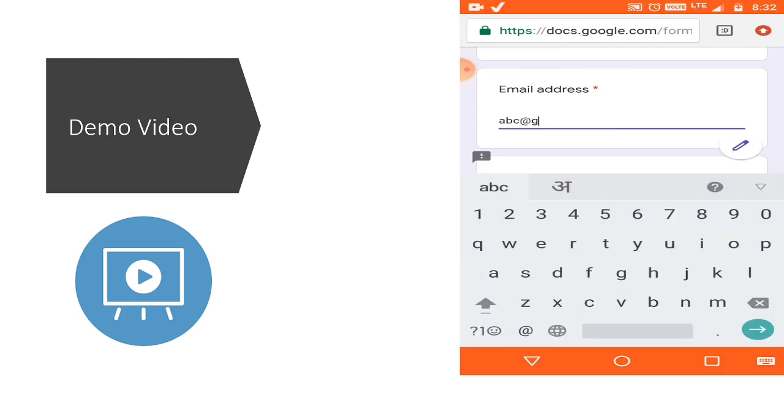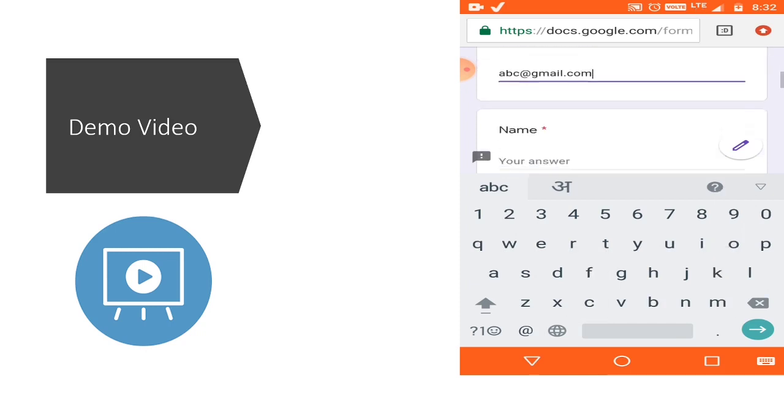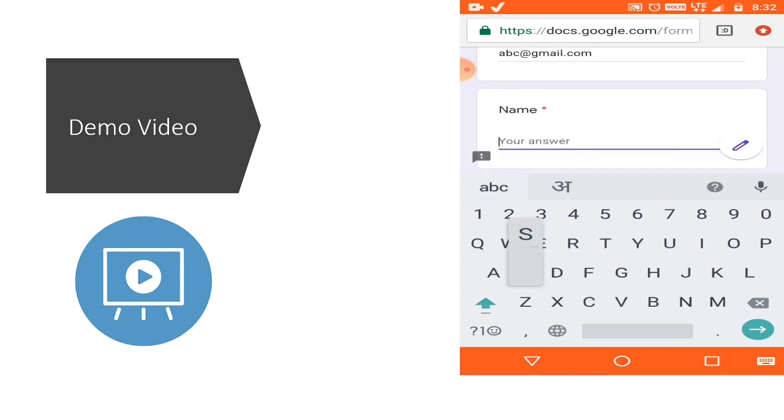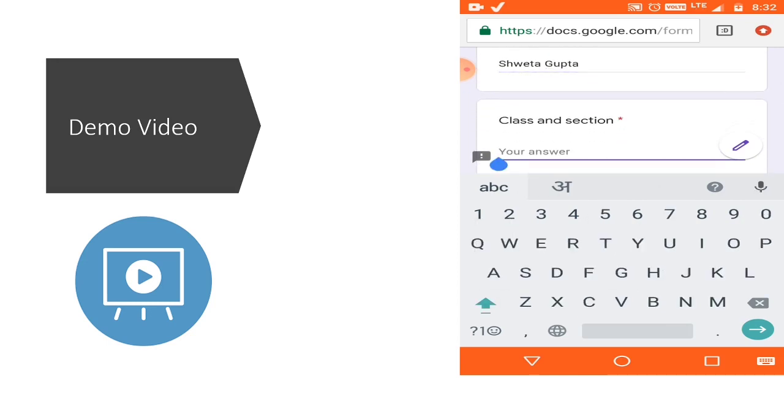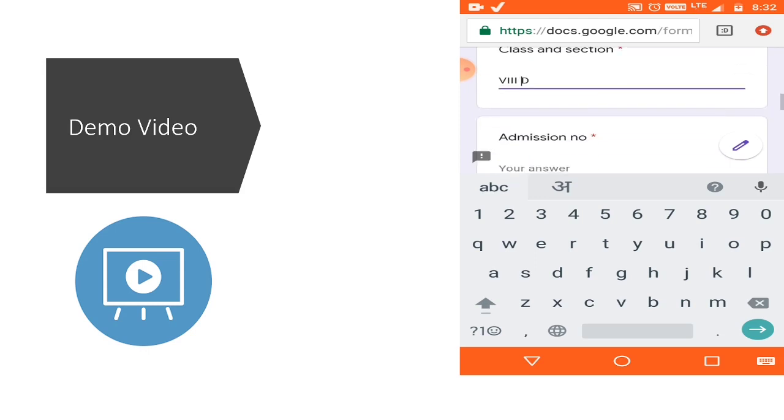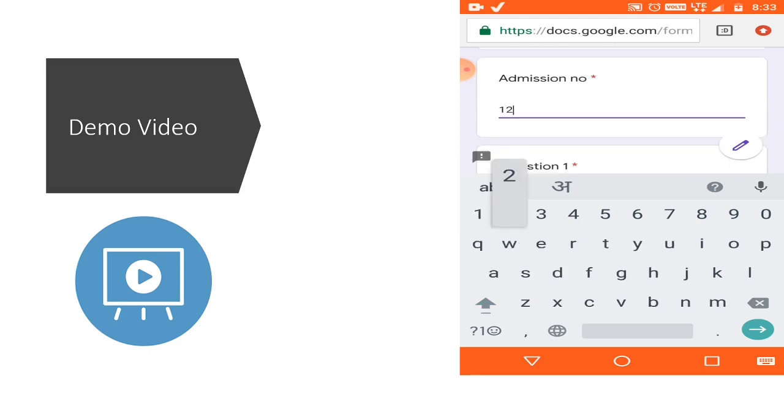You can start filling your details here. First, email address, a demo email address I'm writing here, then name, your name you will write, Shweta Gupta. Next is your class and section. Here, for example, I'm writing class 8D. Next is your admission number.